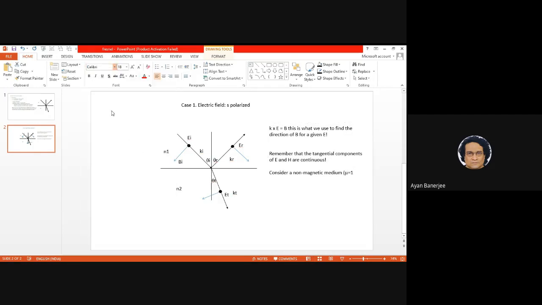So my question was, in case of the magnetic field in the incident direction, what should be the component? So basically the tangential, right? This was your magnetic field Bi, and the component along the x direction is the tangential component along the interface. The component along the interface will be nothing but the cos of, if this angle is theta, then you can easily see that